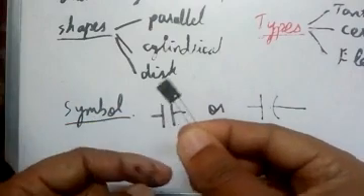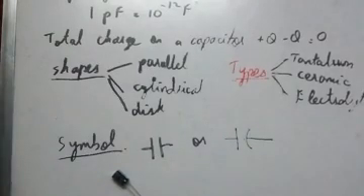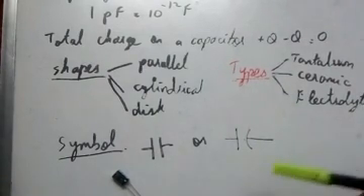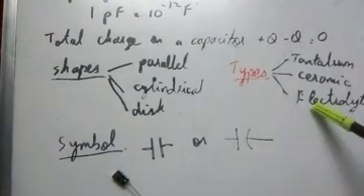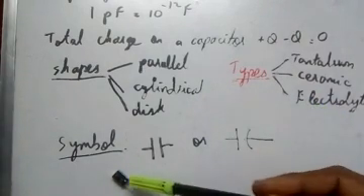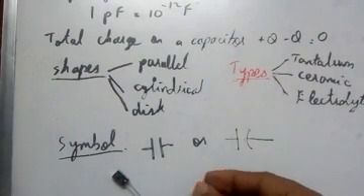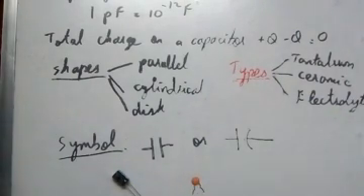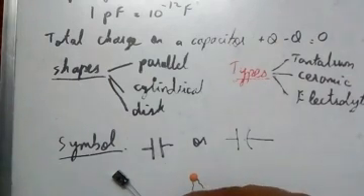This is also an electrolytic capacitor. We saw the types earlier. Let me show it to you. You can see this is a cylindrical capacitor and it is of the electrolytic type, so the dielectric inside is an electrolyte. Then there is another one, a disc shaped capacitor. It may have mica or ceramic inside. These are two different kinds of capacitors commonly found in circuits. The parallel plate capacitor I'll show in a demo separately.